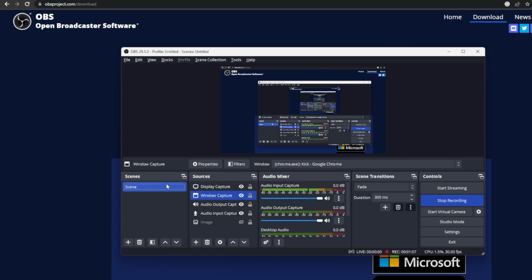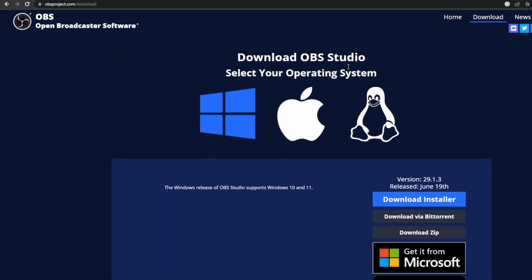So for right now, I have the scene where I show everything that shows on my screen, and it's called display capture, as you can see. You can add a window capture and capture a specific window at a time. So for this one, I have my Chrome tab open. As you can see, I have my Chrome tab enabled right here, and you can basically see when I downloaded